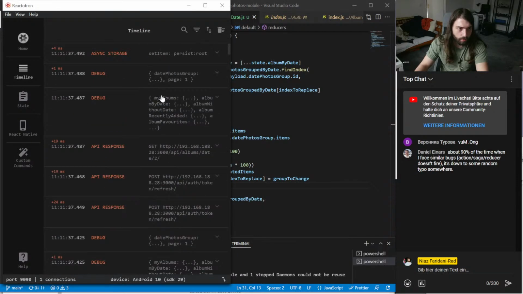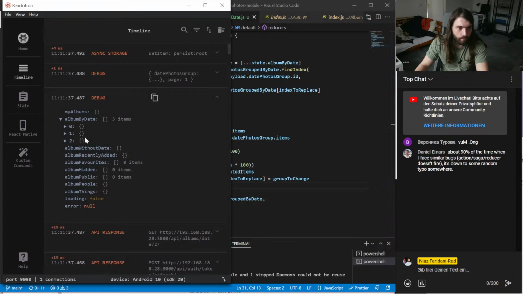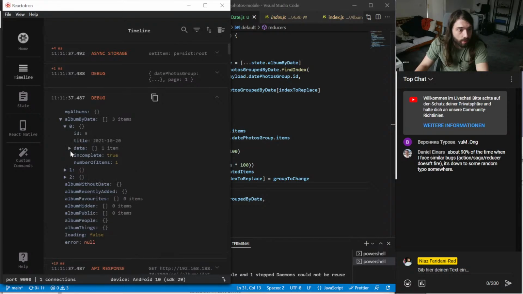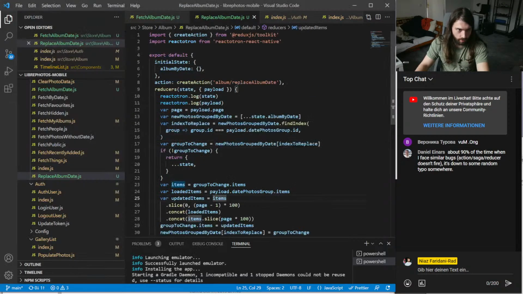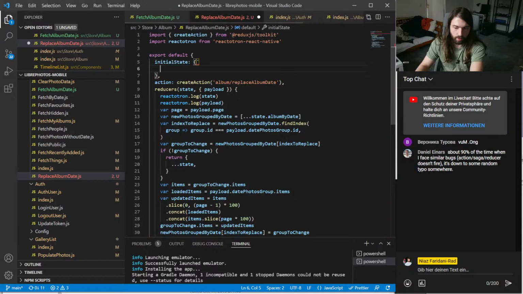So debug, and debug shows, okay, we have here our album by date, and the general idea is that we fetch this and then we replace stuff. Okay, do I really need that? So let's remove that first, because actually I just want to work on the Redux store. Save.